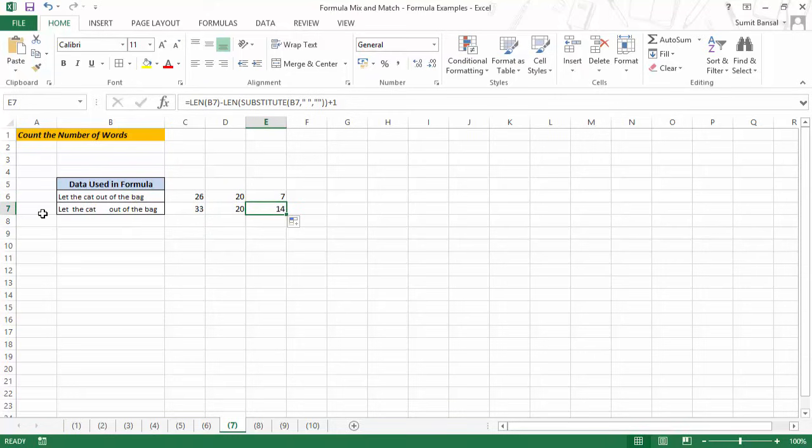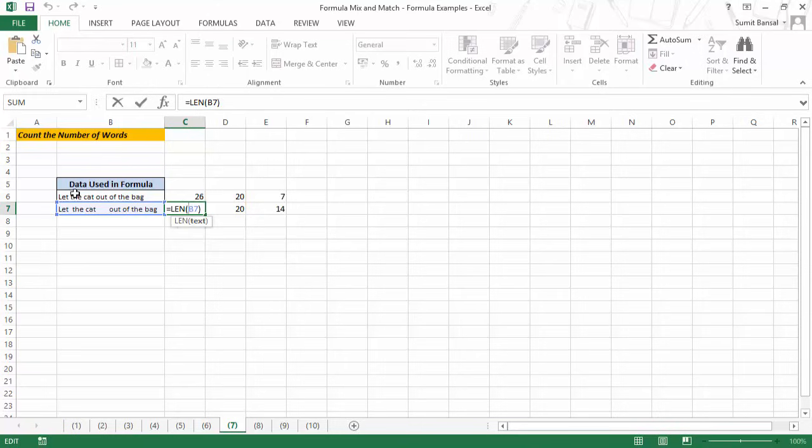The reason here is simple, that it is also counting the number of characters. Since it is counting the number of characters, it is counting extra spaces as well. So here, if I go and check here in B7, it is this entire thing. But if you only want to have one space between words, we would use the formula TRIM. What TRIM does is it removes any extra spaces, leading spaces or trailing spaces, and only leaves one space between words. Now if I hit enter, you see I get the same result as above, which is